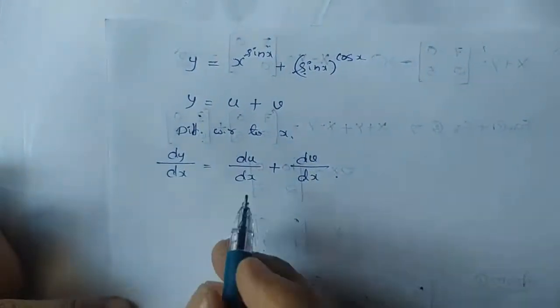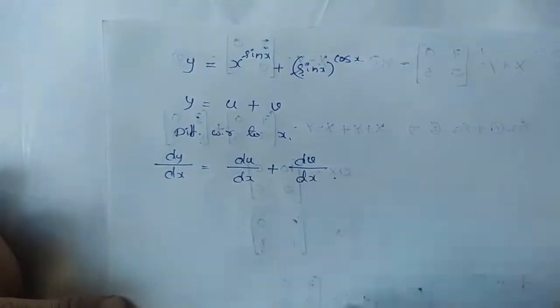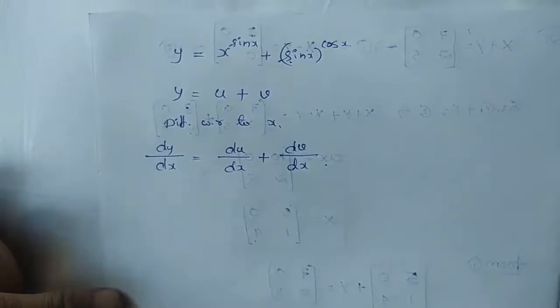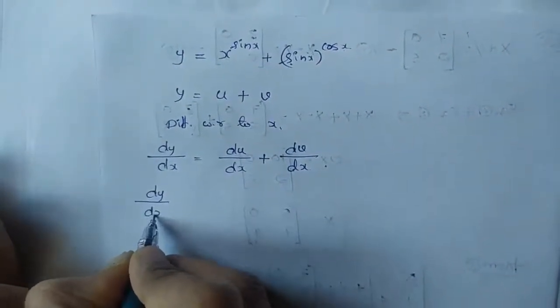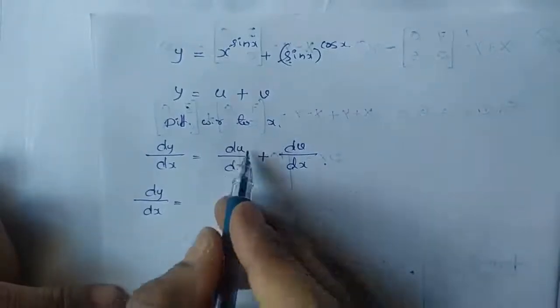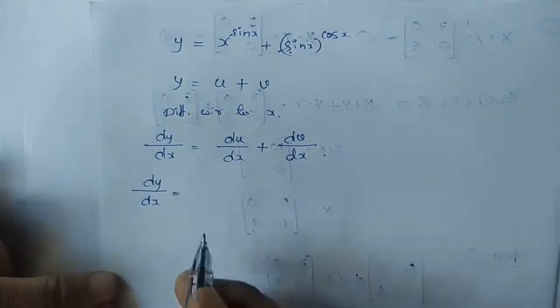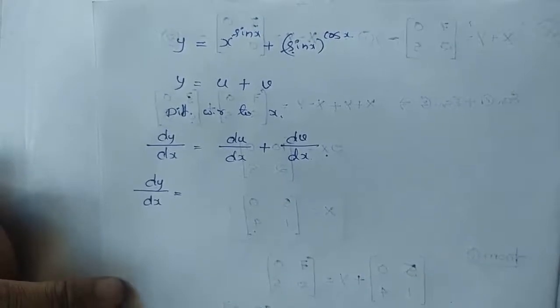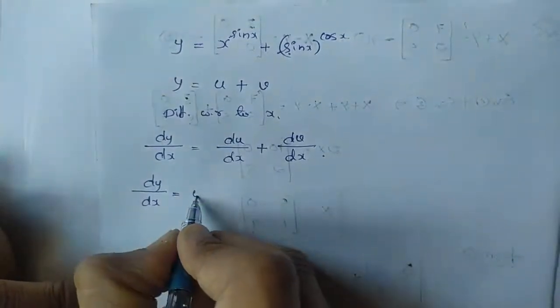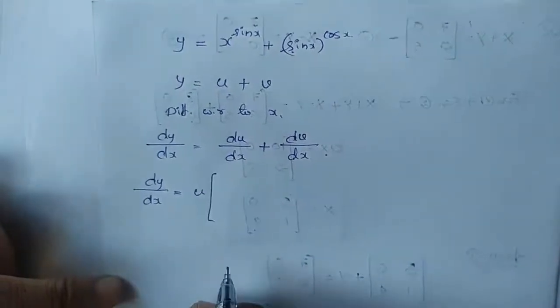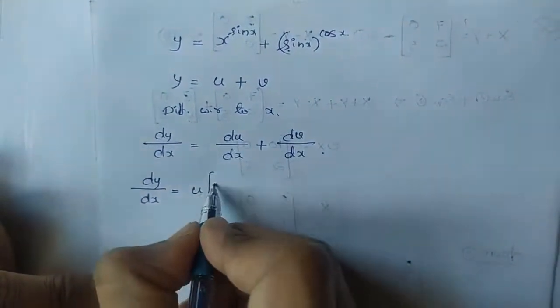Now substitute the values of du by dx and dv by dx that we found in our previous step. So dy by dx equals, see the du by dx in the previous step, u into sin x by x